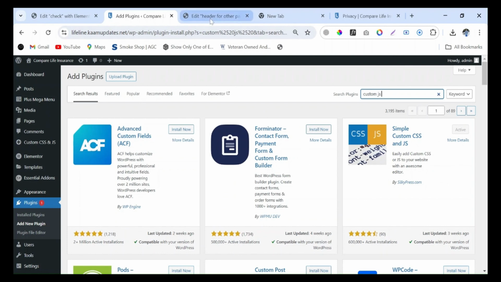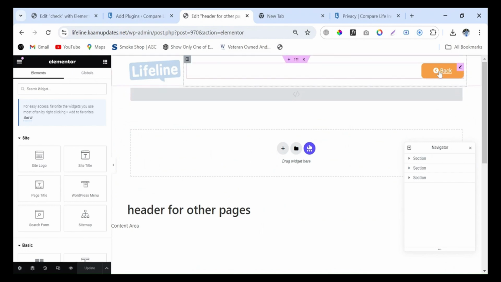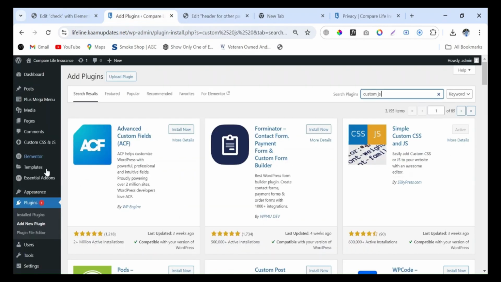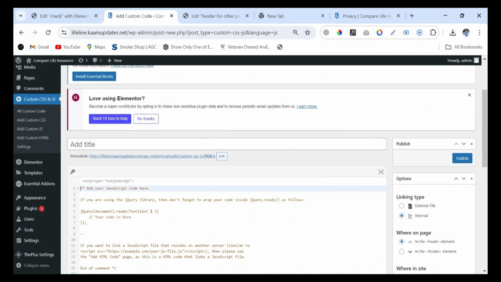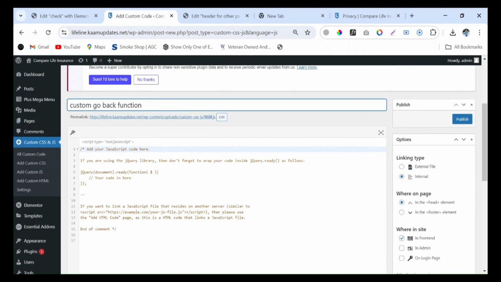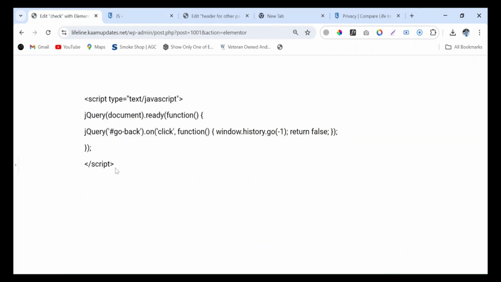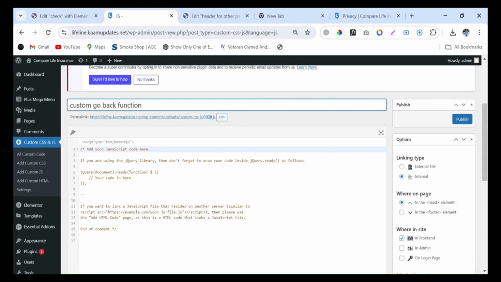Now it is time to put some code for this back button. Simply go to the backend option, click on the custom CSS and JS option and add custom JS. Here write the name of your snippet, for example custom go back function. Then you copy paste this code so that you can use this for your website.